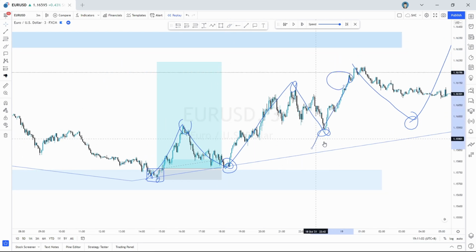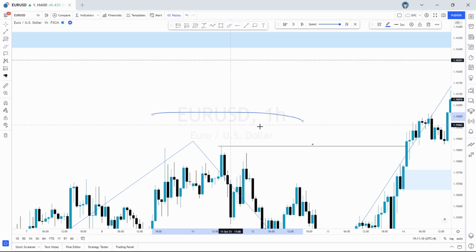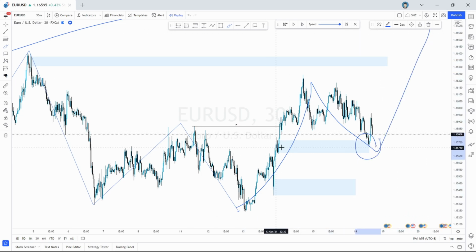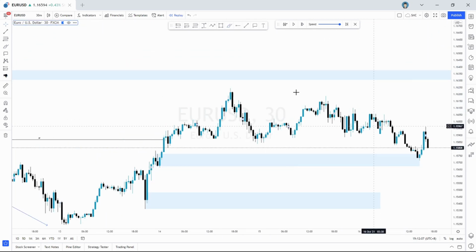The reason why I entered on this point here again is we go back on the 1R. I believe it's in the 1R. Overall, on the structure, we're expecting a push to the upside, right? Again, that's why we have marked this OB. That's why we took a long over here, because we're expecting price to continue to the upside since it broke the structural point over here. And again, since the